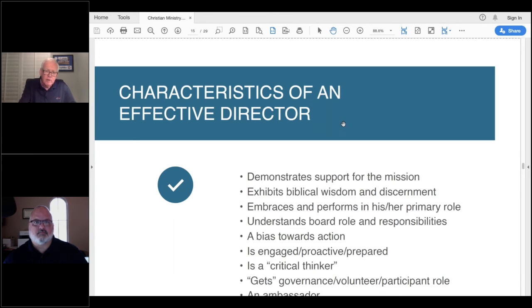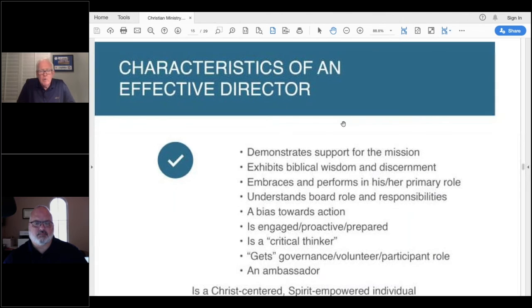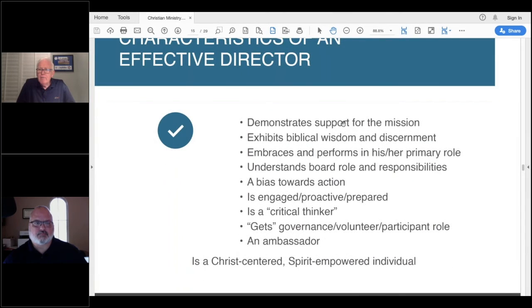I mentioned critical thinker before. Someone who, when they hear a good idea, thinks it through before they say something or vote on it. Because sometimes with a great idea, when you push that button, some problem develops somewhere else, or something else has to maybe get put on the back burner because there's not enough time or money. So a critical thinker thinks things through, and you'd want a couple of people like that.